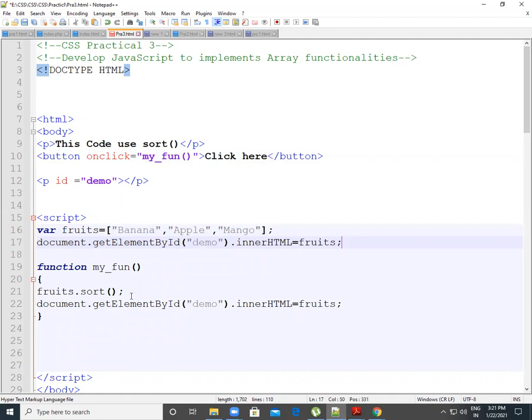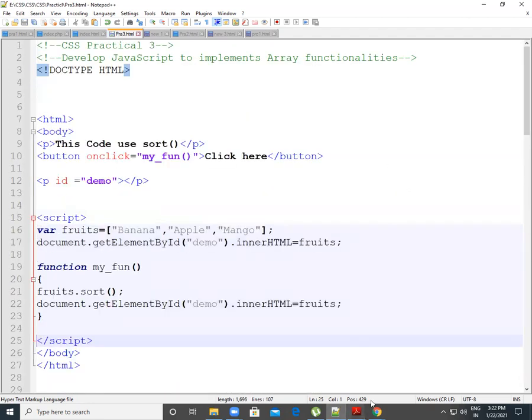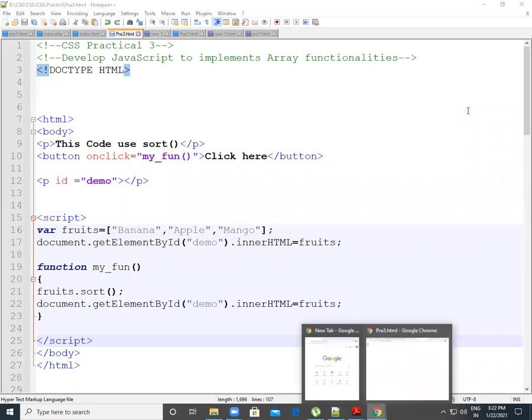Now my function is completed, my body tag is completed, my script tag is completed, my variable is completed, correct? So let's save this program and run it. We will see what we get. Okay, now I will run this program. Yeah, this is the code used for sorting, and this is banana, apple, mango, which we declared in our list. And when we click here, you can see that I sorted this list: apple, banana, and then mango. Using the sorting method, we can sort all the elements.